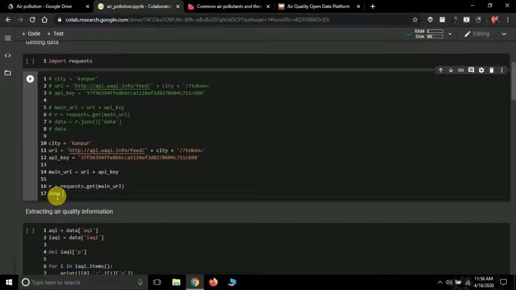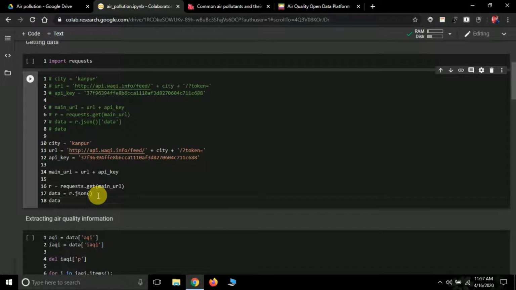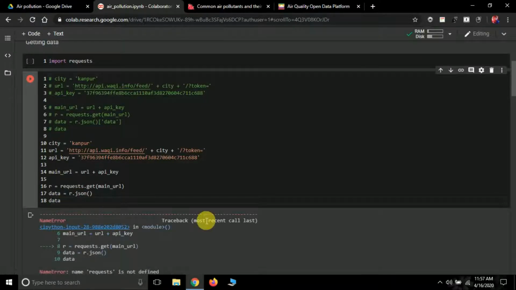And finally, see, this API will return you a JSON file. What is a JSON file? It stands for JavaScript Object Notation. Basically, it's a dictionary-like structure which stores the data. So let me just extract the JSON from this API. When you run it, it will return you a JSON file. After that, you have to apply this json method on this. And finally, let's just try printing data. If you are using normal Python, you have to type print data, but since I am in a notebook, I can simply type data and it will print the data.